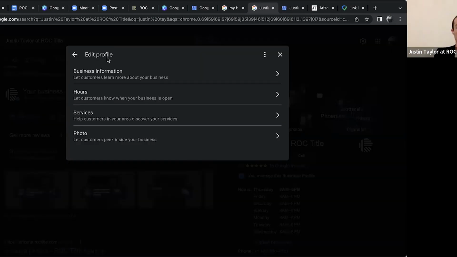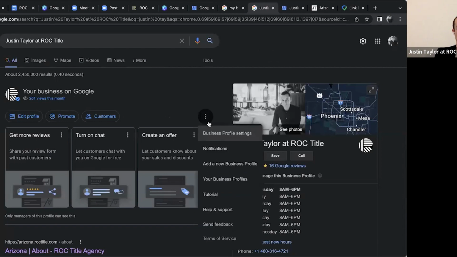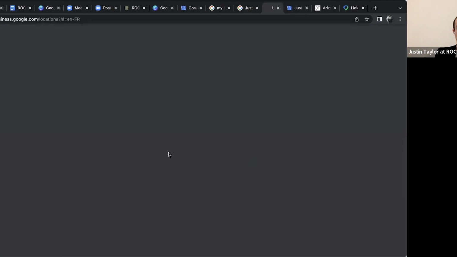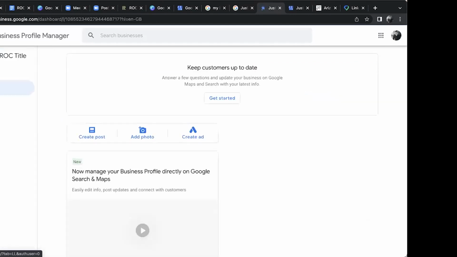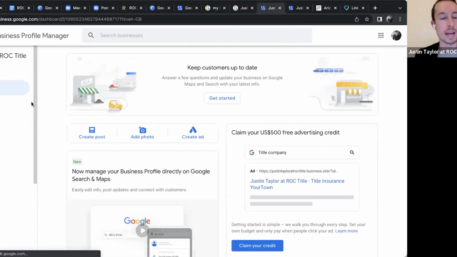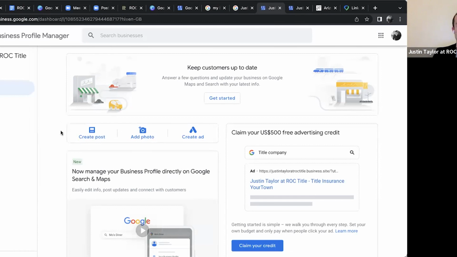So let me jump into the edit profile. And I'm going to do it this way. So your business profiles, I'm going to click mine. So this is what the dashboard will look like once it's verified. Has your business name up here, different service areas. A lot of the stuff that's on this main home is what's on this left side. So it's not like you have a ton of stuff over here plus a ton of stuff over here. This is just kind of your main dashboard, and then you can kind of get to the rest of it